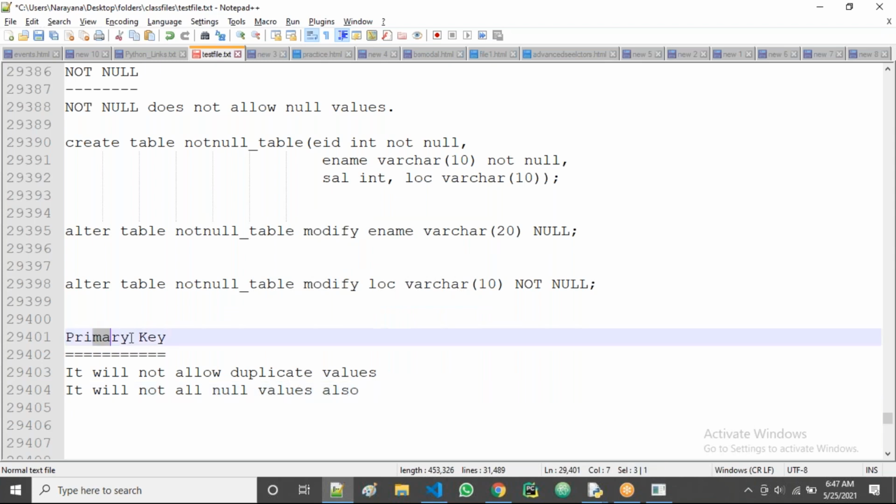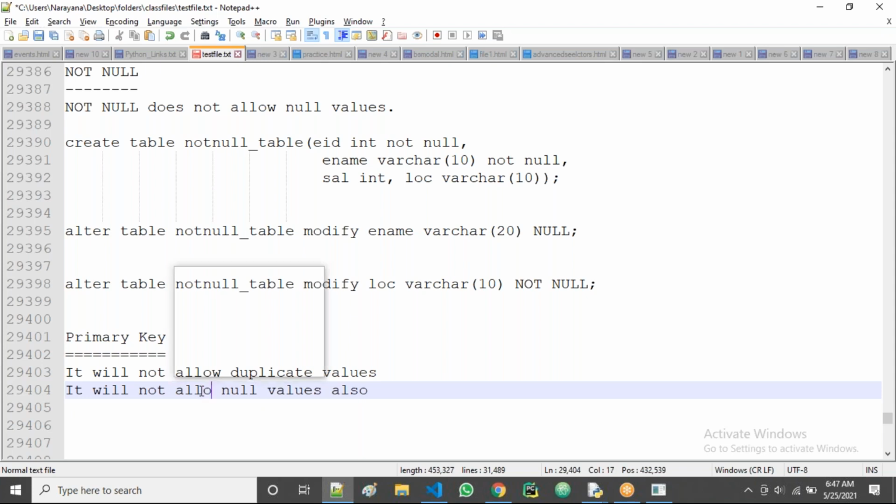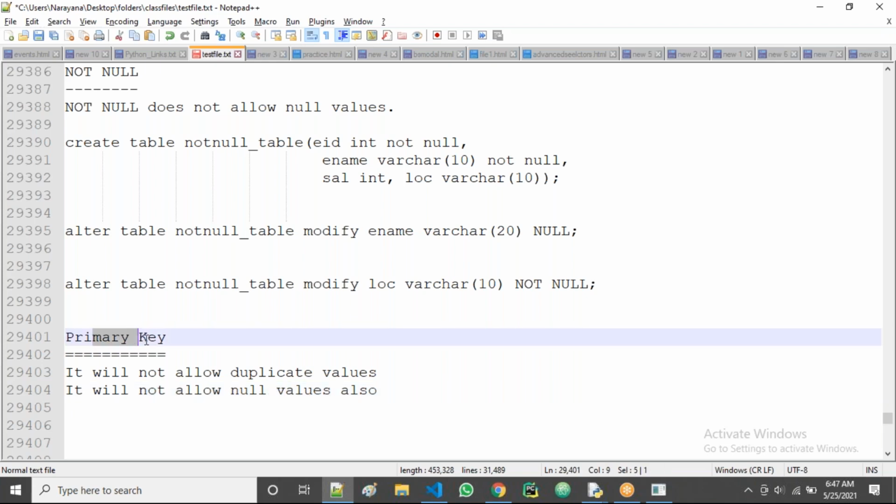If I apply the primary key, what does it do? It won't allow duplicate values, and it won't allow null values also. It means that internally in the primary key, not null is also there.